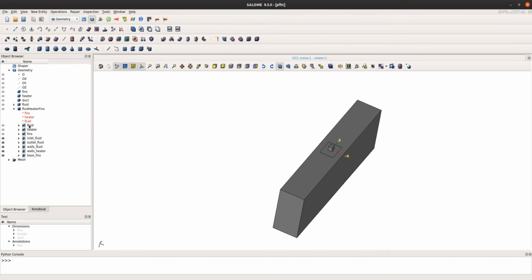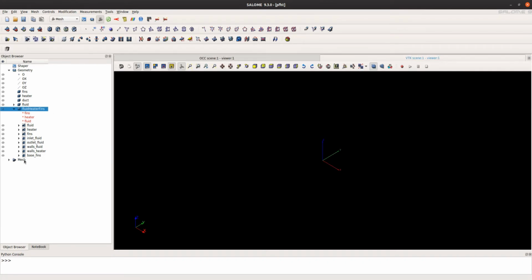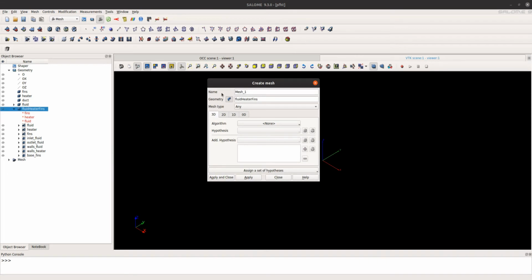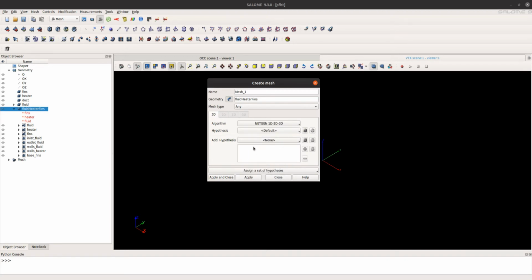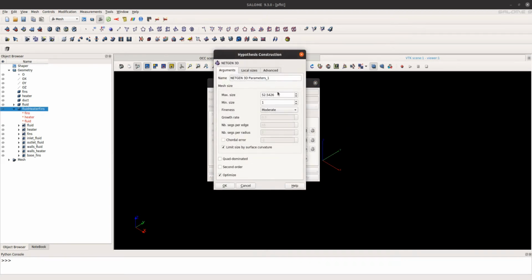In order to make a mesh, we will move to mesh module. Inside the mesh module, you can select all the regions and here create a new mesh, and we can select, for example, NetGen algorithm. We can put some parameters. For example, I want maximum size to be 20, minimum to be 1,